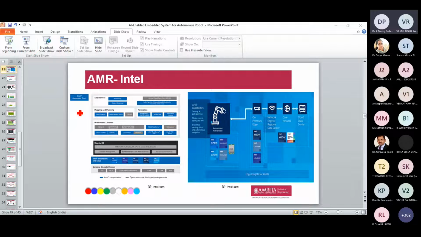As I said already, for mapping and planning we have Visual SLAM, that is simultaneous localization and mapping. It's very helpful so the robot can perform its own actions, whatever they may be, either picking or grabbing objects. And fast mapping: these Intel processors are really helpful to construct 3D or 2D maps to see how the room environment looks.